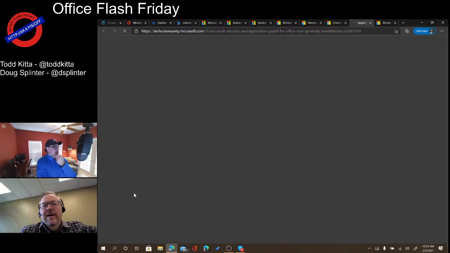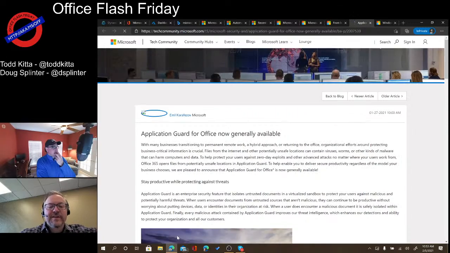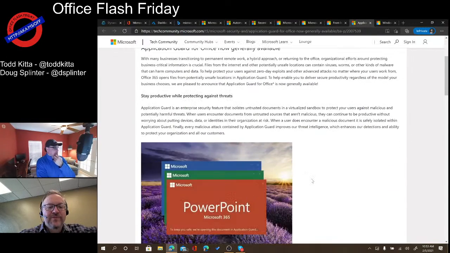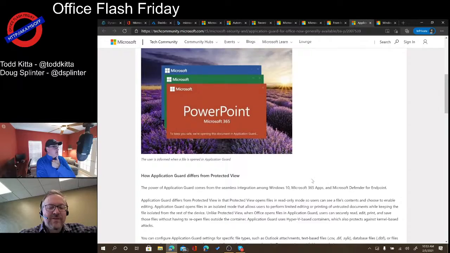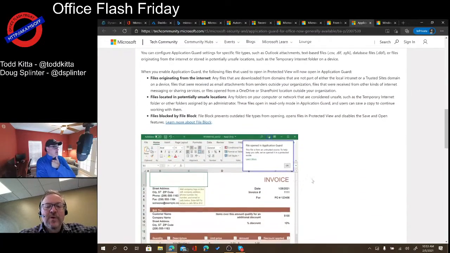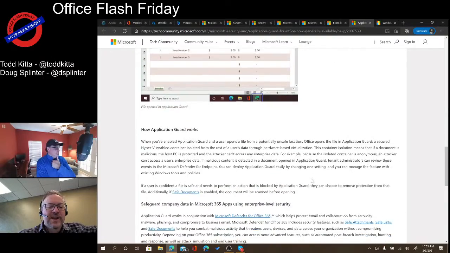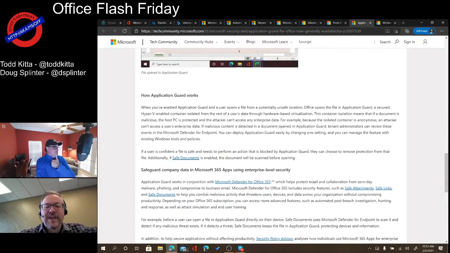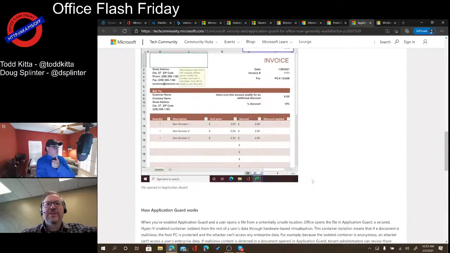And the other one was that Application Guard for Office is GA, which the security person in me was freaking thrilled about, right? Because if you don't know what AppGuard is, essentially we've broken down the whole security framework for it, but you should check it out. It does the whole safe documenting, the safe looping. Like we showed the entire chain one day.